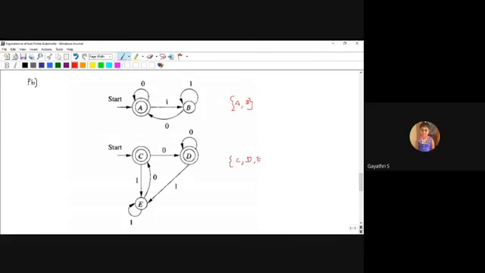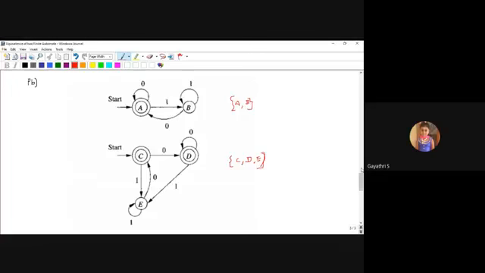And the basic conditions are common to both automatas. The input alphabet is 0, 1. Both automatas work on the alphabet 0, 1. And in automaton number 1, the initial state acts as a final state too. Automaton number 2 also has the initial state acting as a final state. The basic conditions are satisfied in these automatas. So here the states A comma B, and in the second automaton C, D, E, total number of states 5.